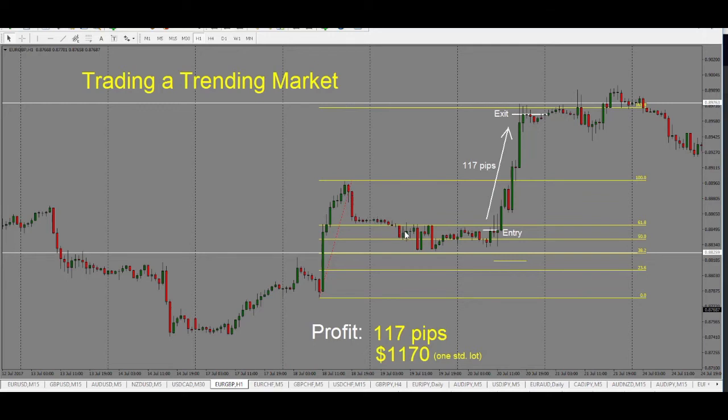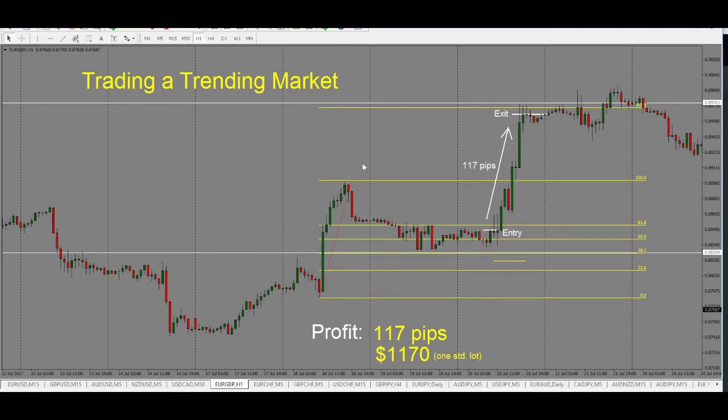So as the price pulls back, we watch it. And as we see that the price is holding above, it's very important for price to hold above this previous support and resistance level that it broke through, because otherwise the trend is no longer in play. So as the price holds above this previous support and resistance level, we also notice that it coincides with our Fibonacci levels as well. So once we get a nice bullish engulfing candle, we enter the trade long and we